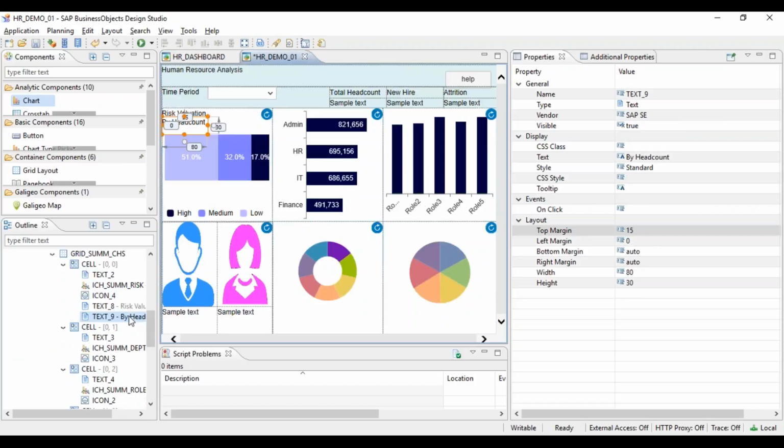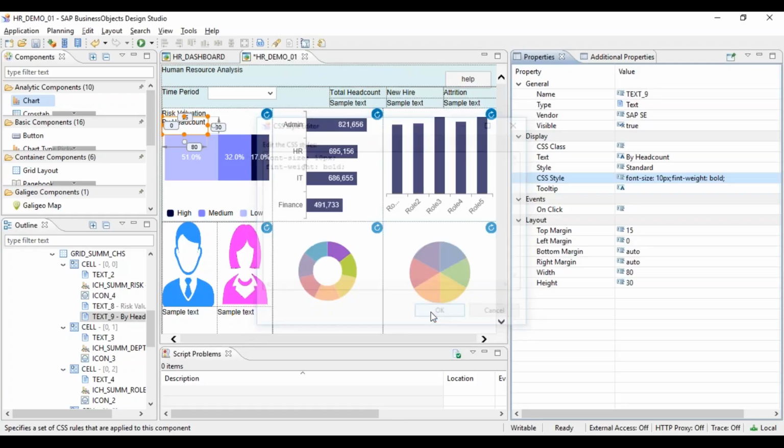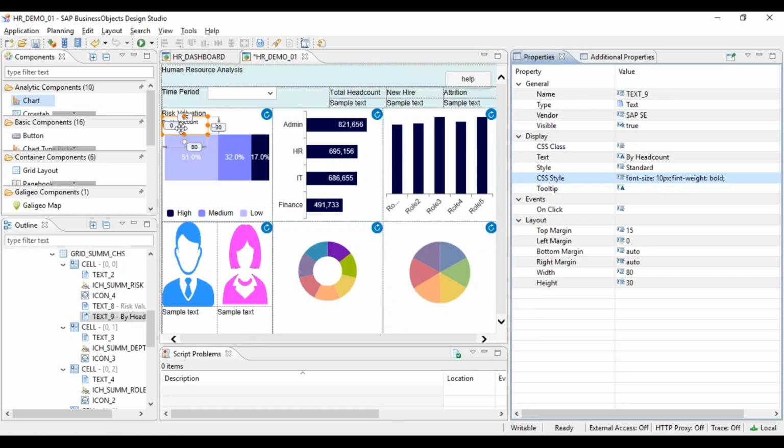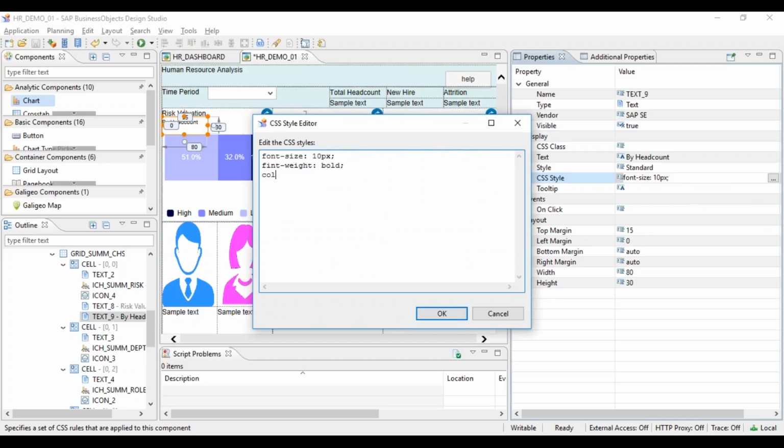So font size, if you want to change the font size, what we can do is font size, 10 pixel. You can say font weight, bold. So immediately it will reflect. You can give color also.